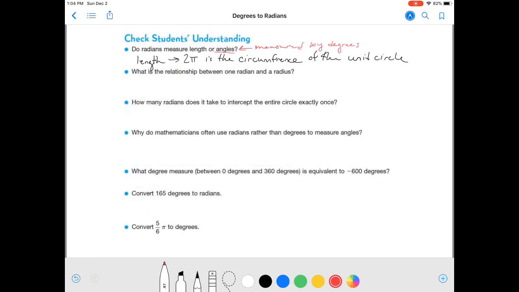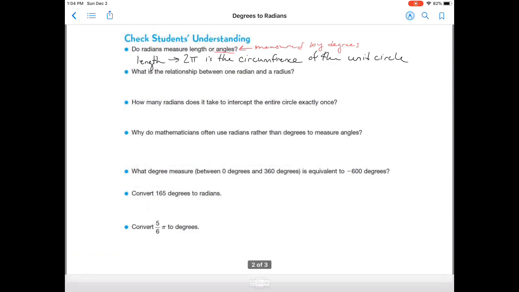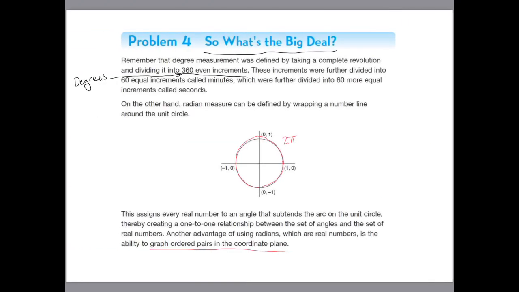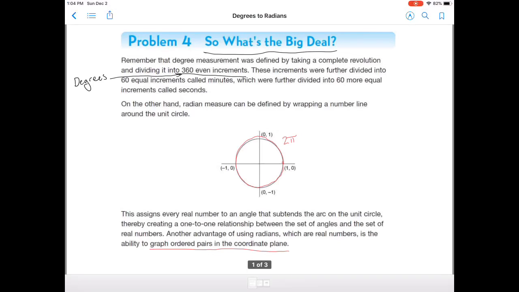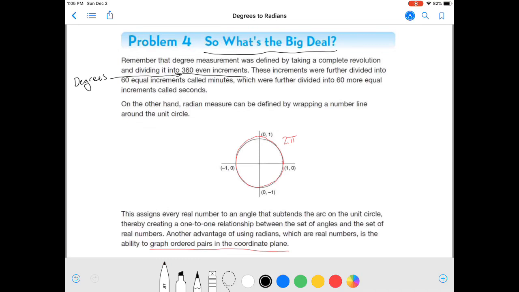The next question, what is the relationship between 1 radian and a radius? Let's go back and take a look at our unit circle. So it was 2 pi, the entire circumference of our unit circle. What's the equation for the unit circle's circumference again? We know the radius equals 1 unit,